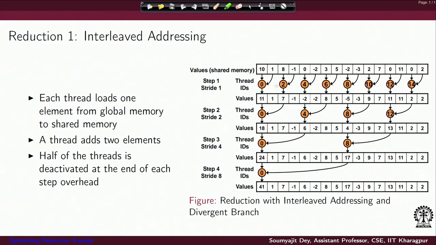In that way, you are using thread IDs with alternate values, differing by 1 here, to add consecutive values, and you go to the next iteration. In each iteration, half of the threads go idle, and the threads do the addition in strides which increase by a factor of 2.